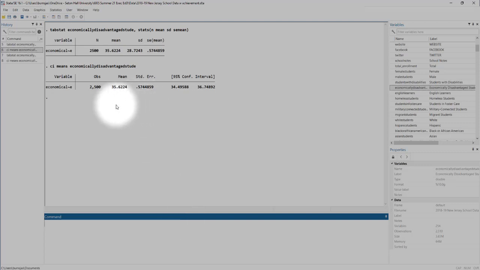What this will show you is a lot of the same information as down here. It shows the number of observations, and it'll show you the mean. By default, this doesn't show you the standard deviation, but it shows you the standard error, which is computed using the standard deviation. Then it gives you a 95% confidence interval around the mean. So here, the average percentage of students who are economically disadvantaged across schools in New Jersey is 35.6. The 95% confidence interval around that is 34.5% to